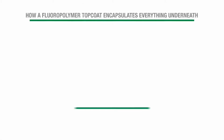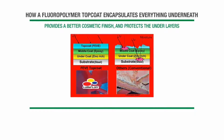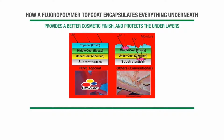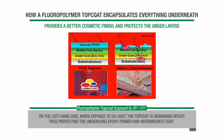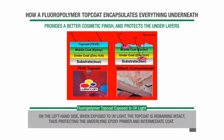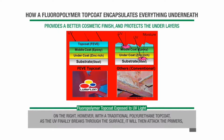The next slide really shows how a fluoropolymer top coat encapsulates everything underneath, and not only provides a better cosmetic finish, but also protects the underlayers. On the left-hand side, when exposed to UV light, the top coat is remaining intact, thus protecting the underlying epoxy primer and intermediate coat. On the right, however, with the traditional polyurethane top coat, as the UV finally breaks through